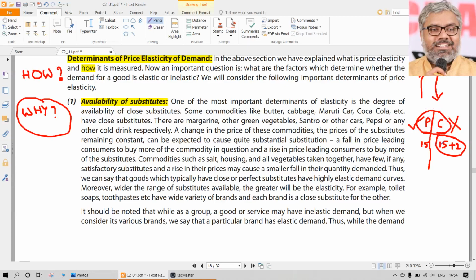Same thing could happen between 7-Up and Sprite. Same thing could happen between Maaza and Fruity. Like that, any close substitutes, there is not much difference between them. There is no speciality in one product compared to the other product. If that is the case, the price elasticity will be very high. So even though there is a small increase in the price of any one of them, people will just not buy that costly product. They will shift from this product to the cheaper product. So the price elasticity of this product will be very high. That's what we can say.